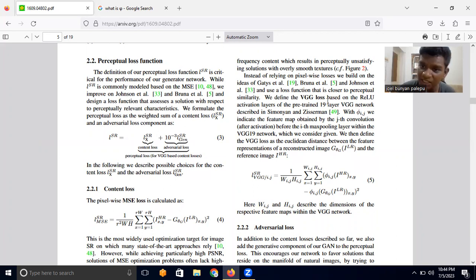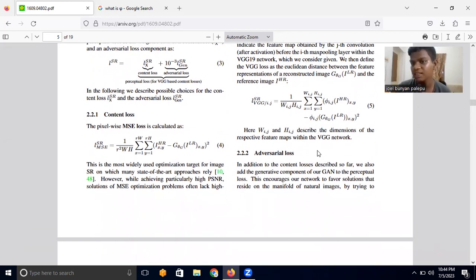We define the VGG loss based on the ReLU activation layers of the pre-trained 19 layer VGG network described in Simonyan and Zisserman, with phi ij. We indicate the feature map obtained by the jth convolution after the ith max pooling layer within the VGG network, which we consider given. So basically, this is going to be the VGG model,